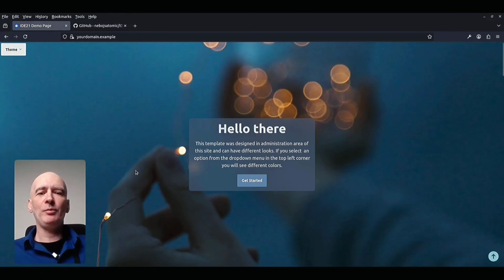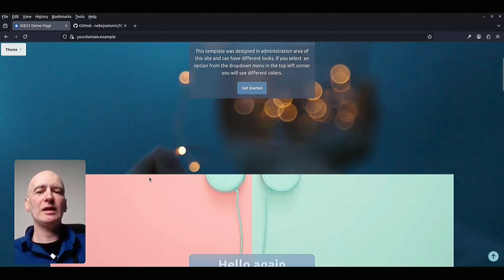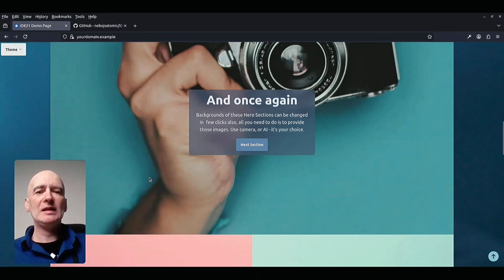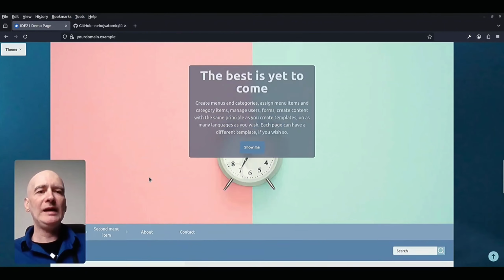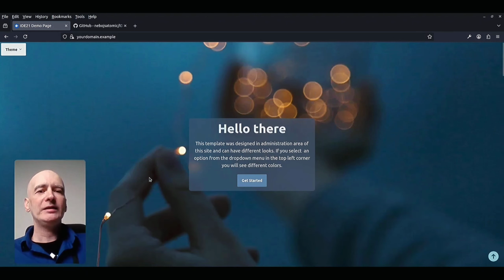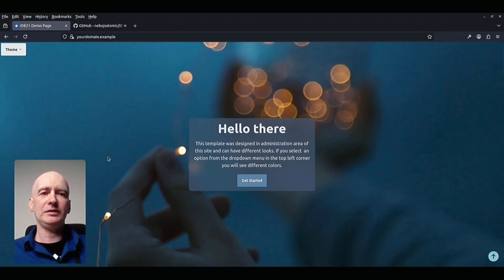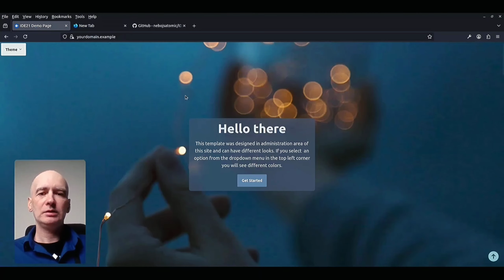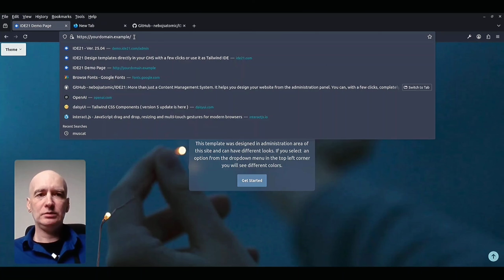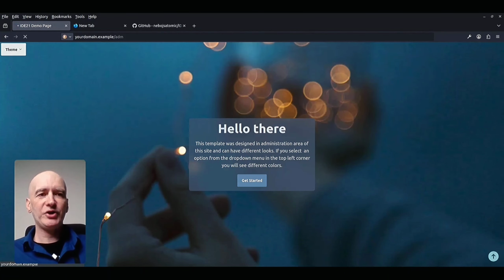So this is the demo page that you can see on your screens now, and we will try, in a couple of clicks and by adding some Tailwind CSS and Daisy UI classes, to change this design to something entirely different. For example, we will go to the administration area,